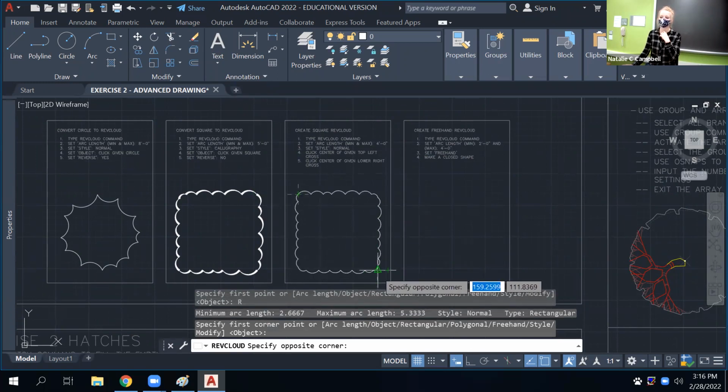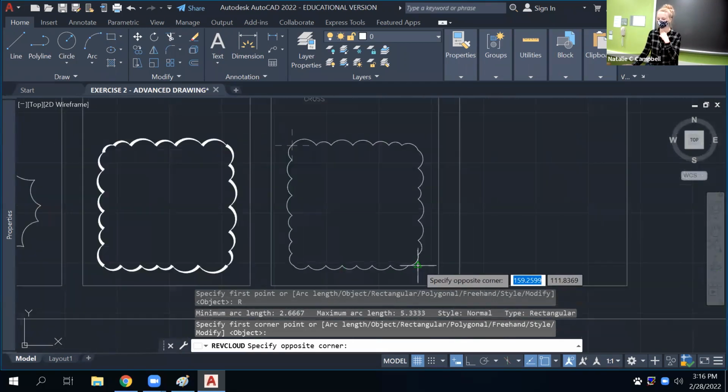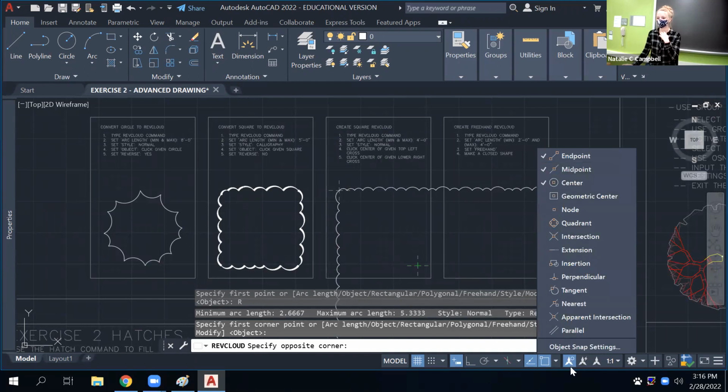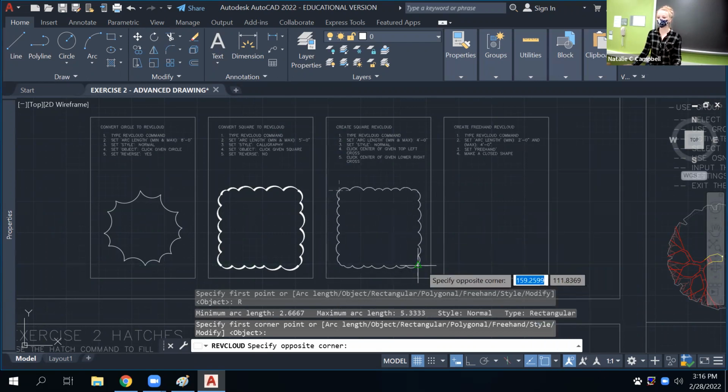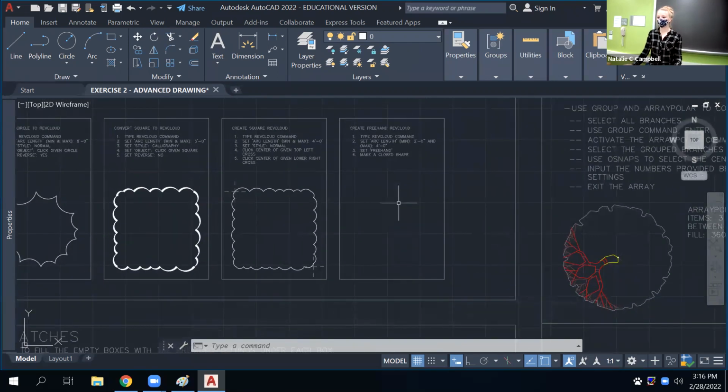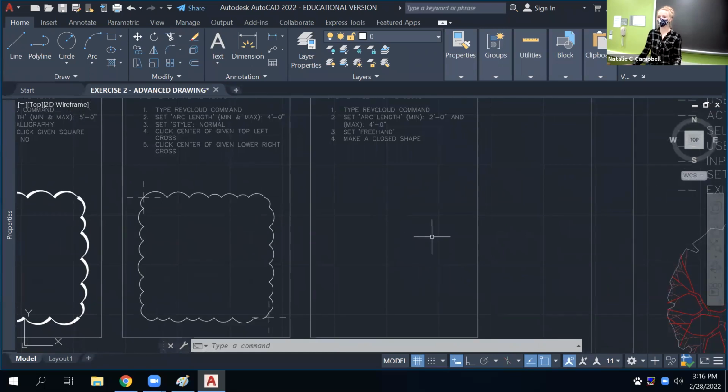So make sure you either have your midpoint, or I think only midpoint's working for that one. It depends on how I made this cross. So midpoint snap needs to be on for it to snap to it. So your O snaps at the bottom. And you're gonna snap to this last cross to get a fluffy little box. Cool. Last one, you're gonna do a freehand crazy fluff, which would resemble some inventory plan looking thing, or